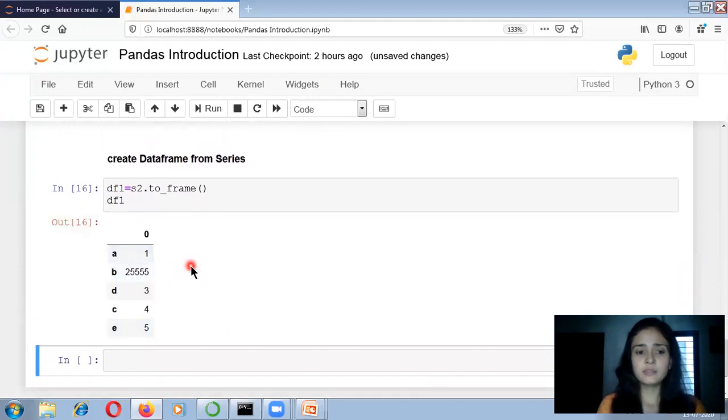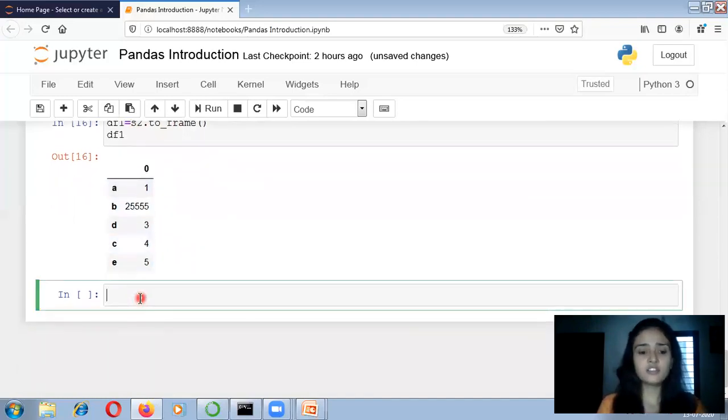Then you can see that my series object has converted into the data frame. So let's check whether the series object is converted into the data frame or not. For that I will write print(type(df1)).